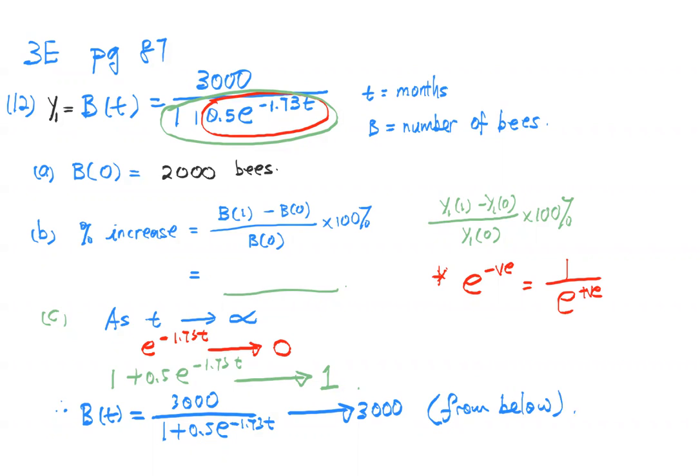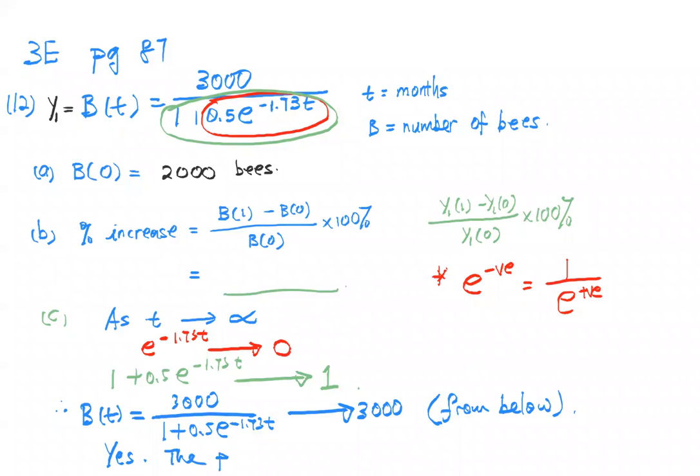All right. So is there a limit to the population size? The answer is yes. If so, what is it? So how should we answer? We will just say the limit is 3,000, or we will say that the population will not grow beyond 3,000. Correct? We should say that